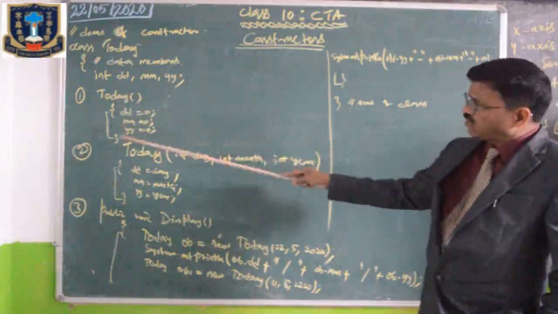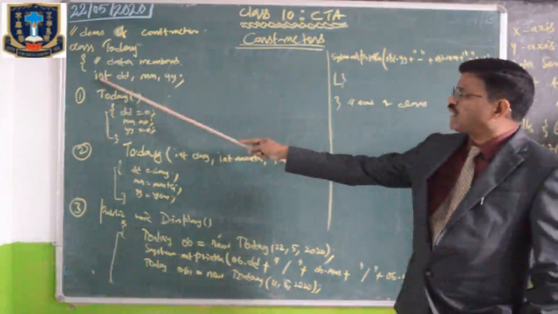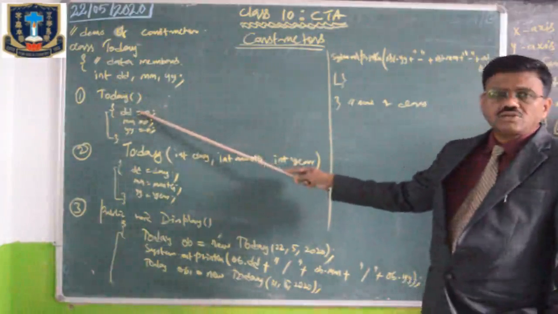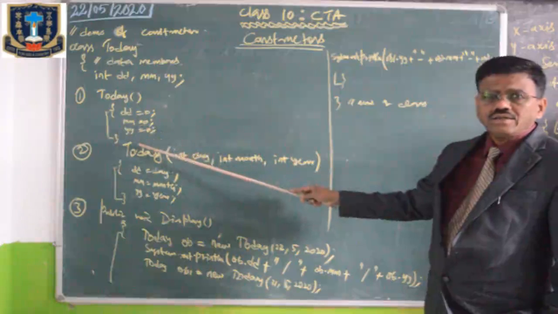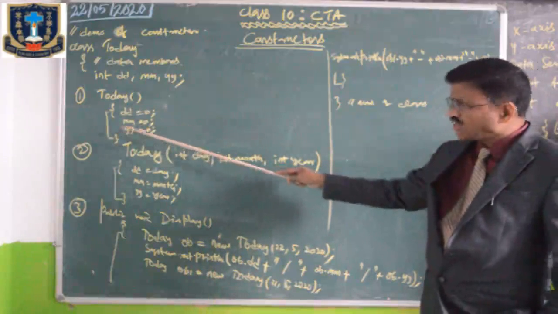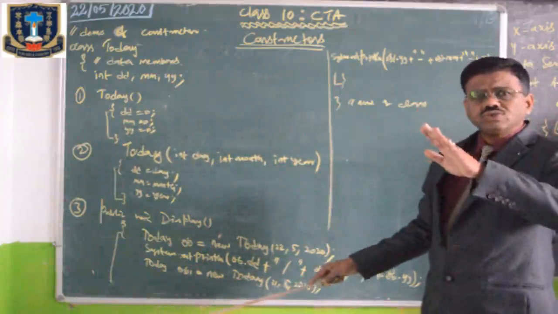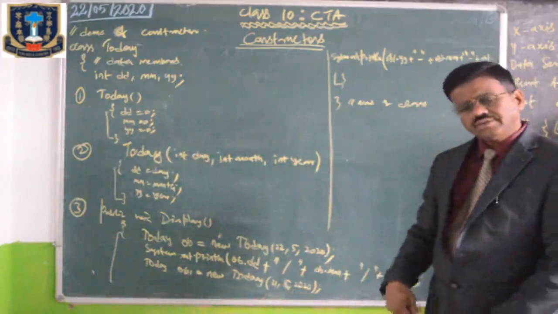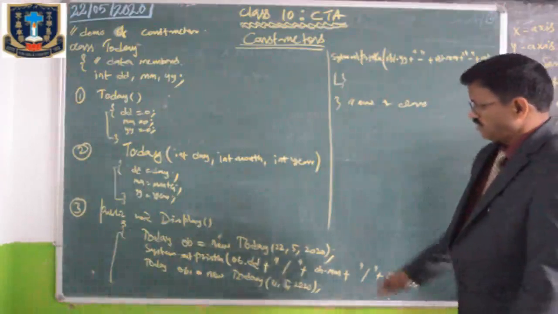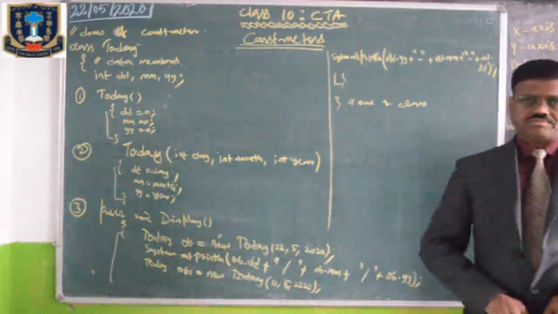In the first method, what do I do? Because all of them happen to be integers, date is 0, month is 0, and year is 0. At this point, all three variables will be 0, 0, 0. Right? Now, what do I do? The next one is,